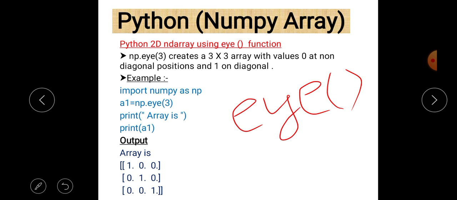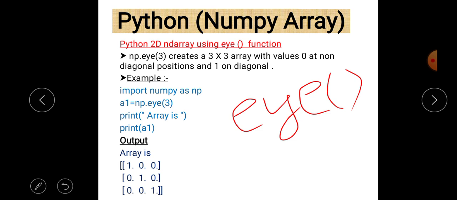You just give only one value. So that is the syntax, and that will create an ndarray in which the number of rows and number of columns are the same. That is the first thing. Now the second thing: what about the elements of an array? As far as elements of the array are concerned, the diagonal elements should be 1 and all the rest of the elements are 0. That is the second condition. At the diagonal positions all elements are 1 and at all other positions elements are 0.